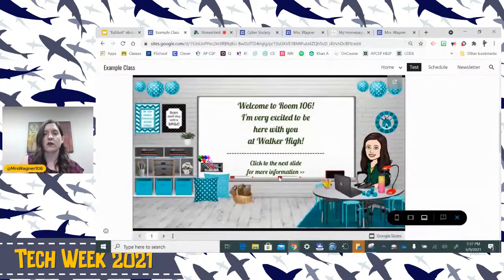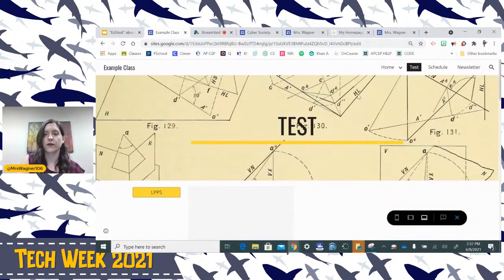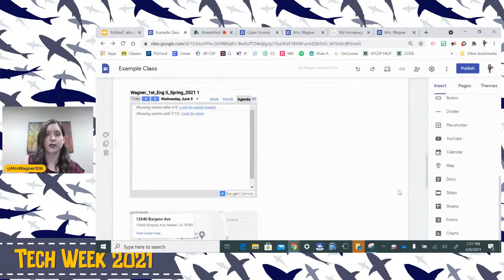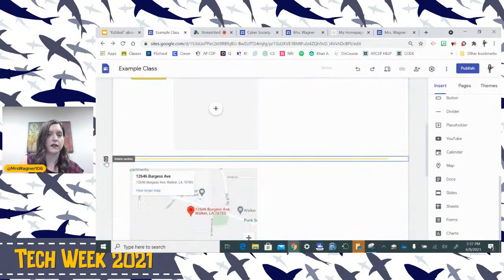So if you don't want to overwhelm them with information, you can insert it in a Google slide and they can move on when they're ready. It's super simple to organize things. It's starting to look a little messy because I left everything in here.